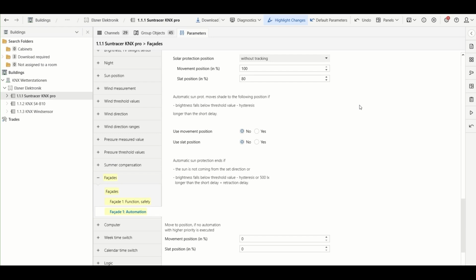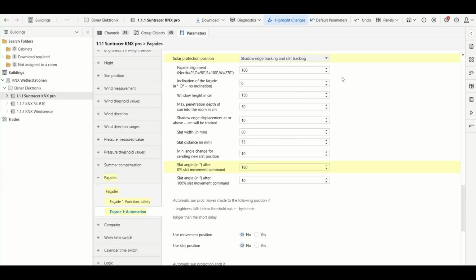As promised earlier, we're going to go into more detail about the sun protection position. As you can see here in this parameter, you have various options for selecting the solar protection position. You have without tracking, slats in 4 stages, the slat tracking or the shadow edge tracking, or a combination of shadow edge tracking and slat tracking. For this one, we want to go big and we're going to go for the shadow edge tracking and the slat tracking